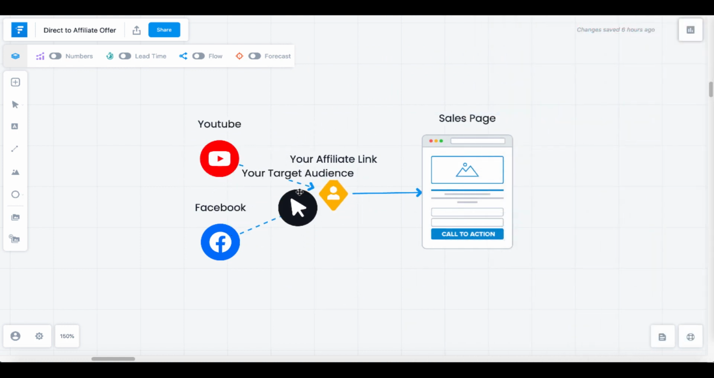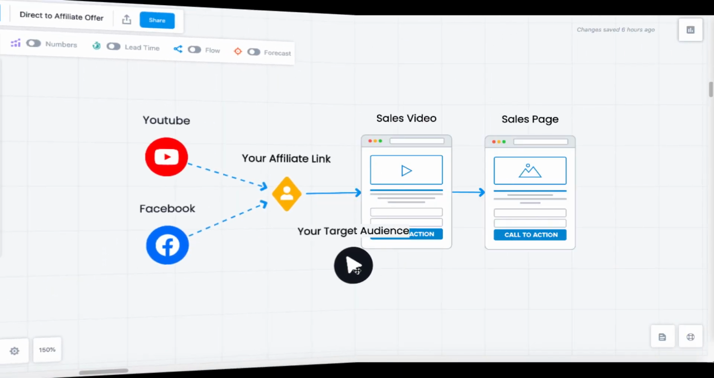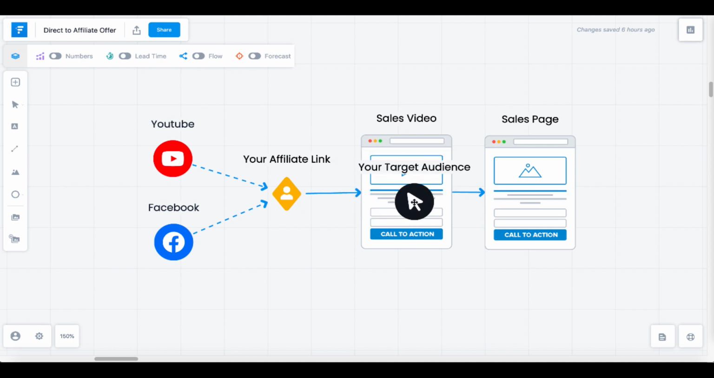You as an affiliate marketer, you have your target audience. They're on YouTube or Facebook in this example. You have your affiliate link. They watch your content on YouTube or Facebook. They click on your affiliate link and they typically go over to a sales page. This is the default and typically the way that you see affiliate marketers operate on YouTube and Facebook when they provide their affiliate link. But an even better way is to add what's called a bridge page, the page you